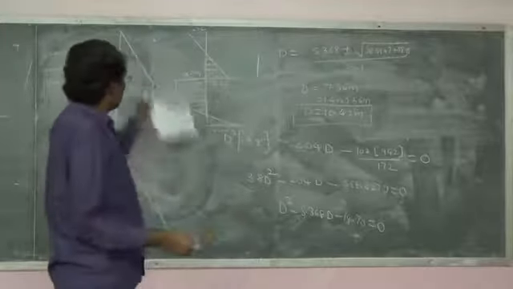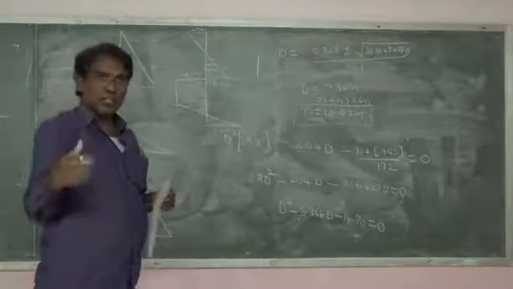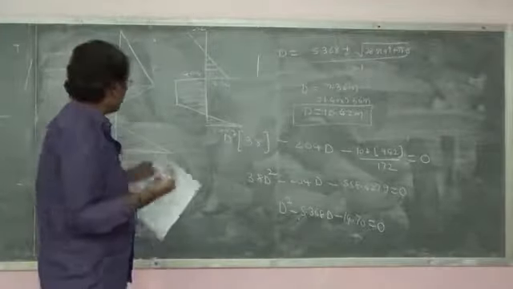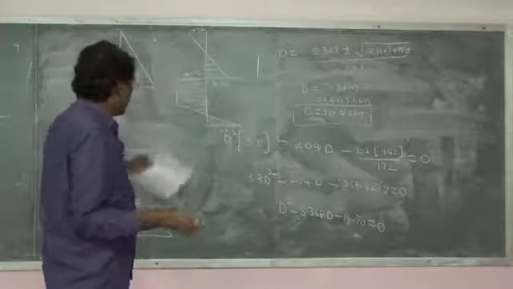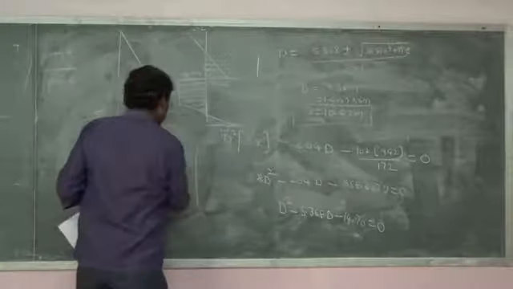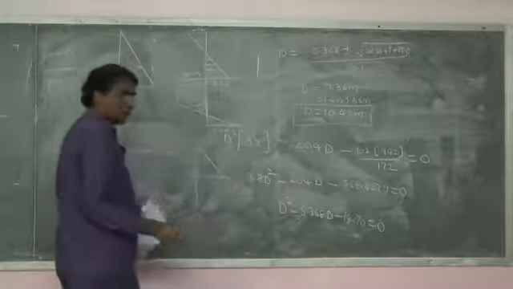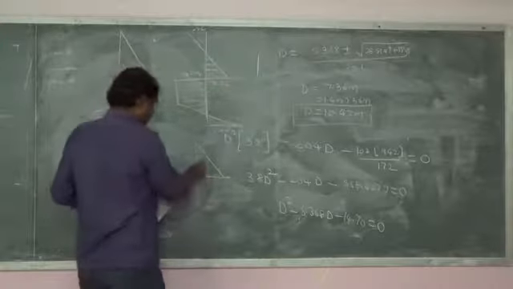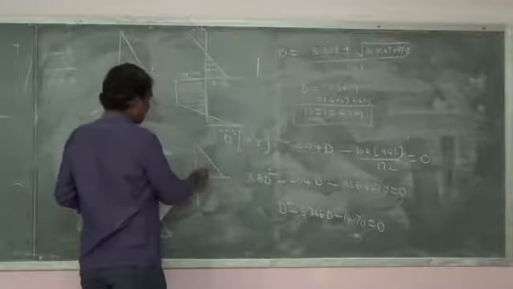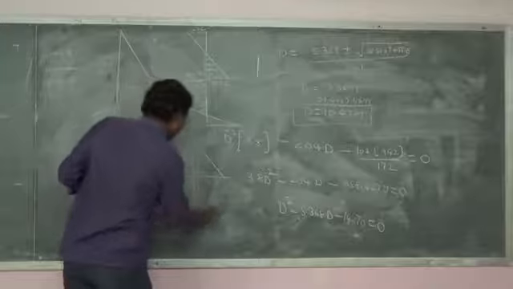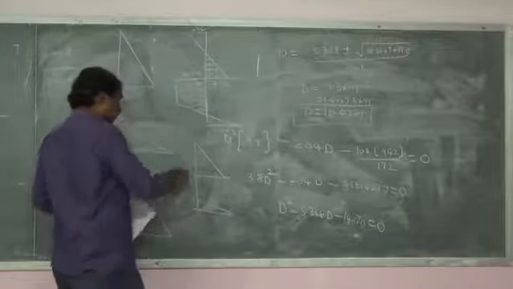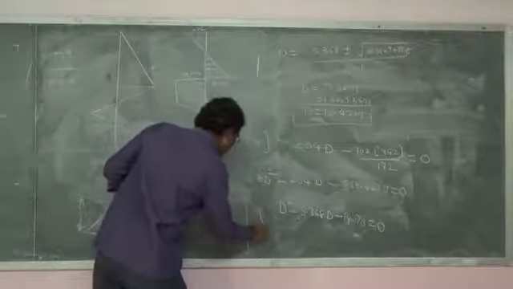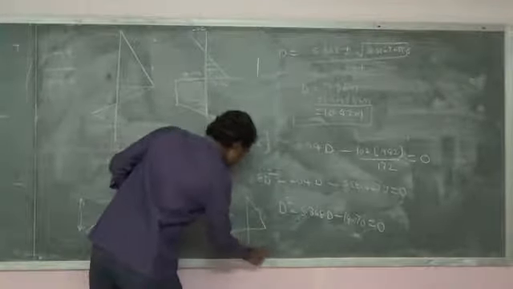The diagram will be like this. Like this we did when clay was there above the dredge line and clay was there below the dredge line. And in the next case, when sand was there above and below, the formula is of course the same for this case and this case, that is D square minus something I gave you. So here above the dredge line, if it is sand, the diagram will be like this, and here it will be like this, as usual. But suppose if water table is also there, then above it will be like this, then like this, below like this, the diagram will be like this.